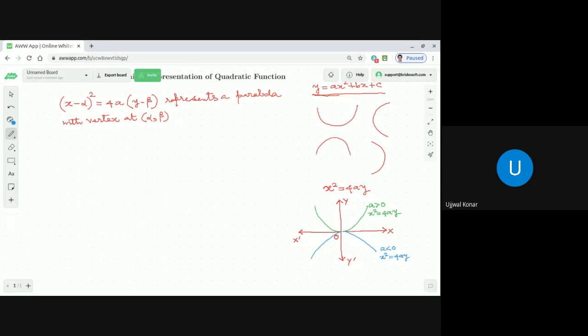Do you feel any difficulty in understanding this thing? No. X square equal to 4ay, just apply common sense: as x is increasing, y is increasing as a square of that. That means very steep, correct or not? Both decreasing or increasing, it's very steep. So when a is greater than 0, y is increasing very steeply upwards. And when a is less than 0, y is decreasing very steeply downward. Actually, what happened, dear students?